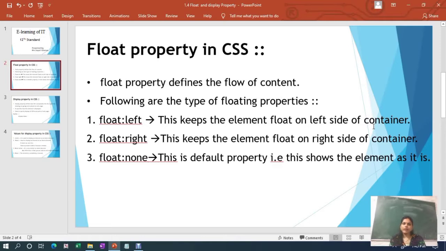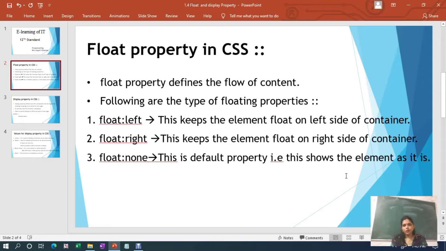By using float colon right, it keeps the element floating on the right side of the container. And if you define it as none, then it is the default. That means it shows the element as it is, at its default position on the screen.